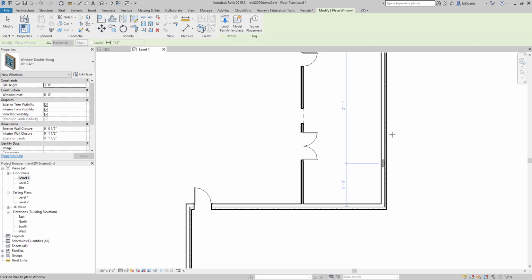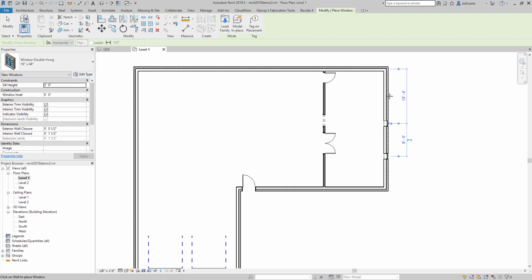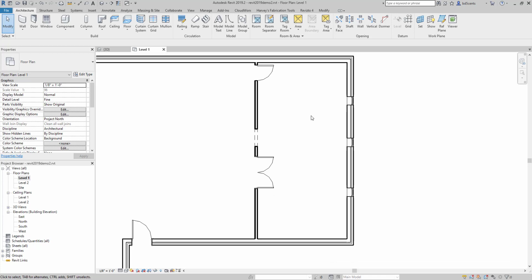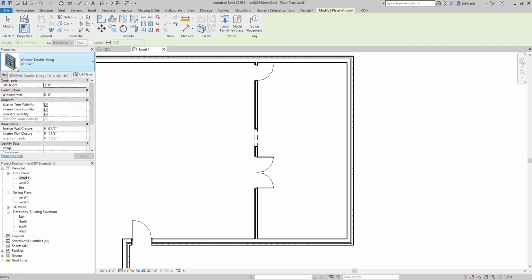So I'm going to go in and place 3 windows, and you'll notice that they're placed in there. I didn't check tag on placement, so to test your knowledge of the box selection, you're going to want to left click to right click to highlight those windows and delete them, and we'll go ahead and replace them. So I'll select the window from the tab Architecture, choose the 16 by 48, and choose tag on placement. So I'm going to place that,